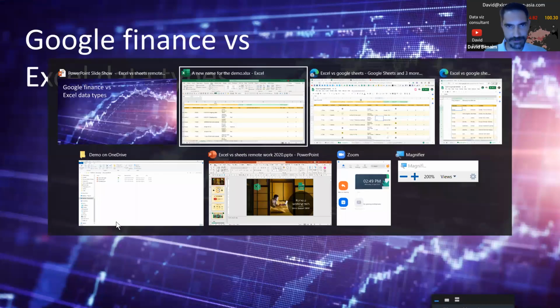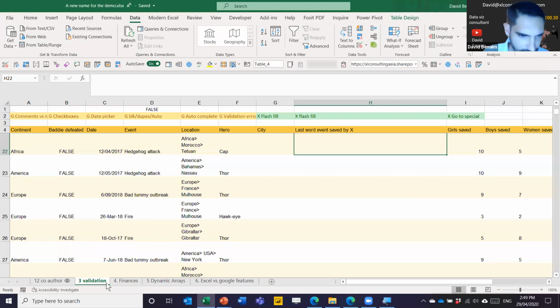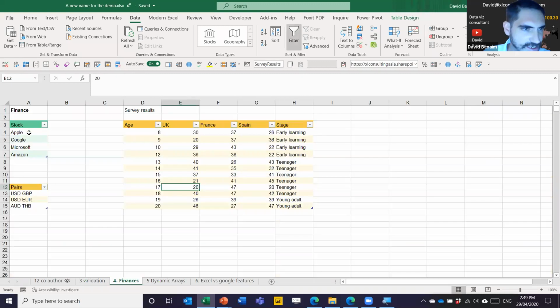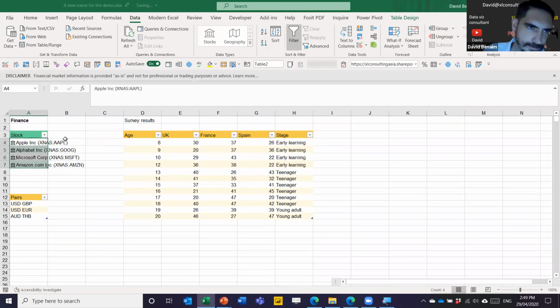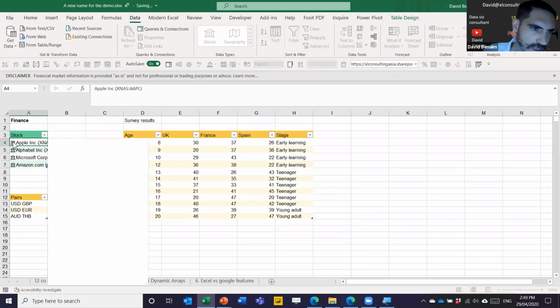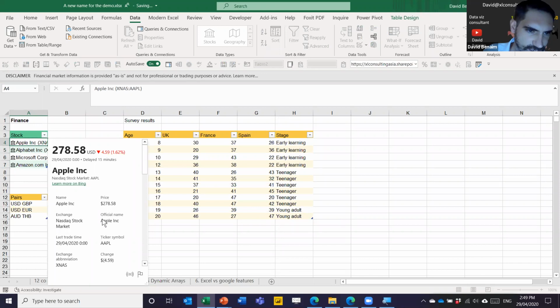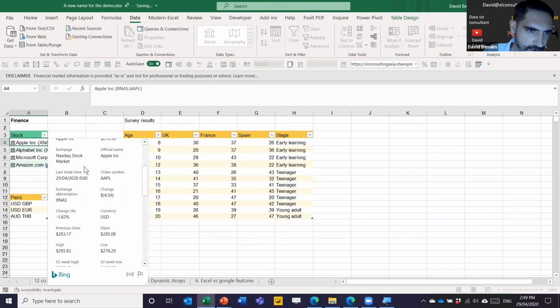So Excel, if I go to finance, I can select some stocks, I can select some pairings like this, and I can go to the data tab and choose stocks. And then it is able to pull up all of this information about the stock.